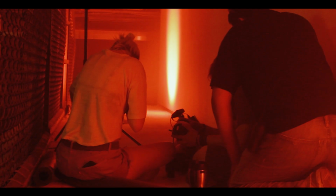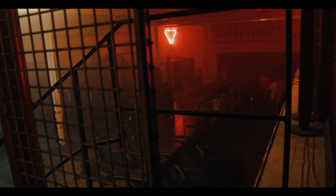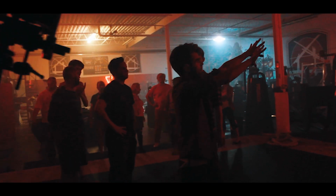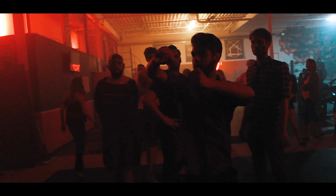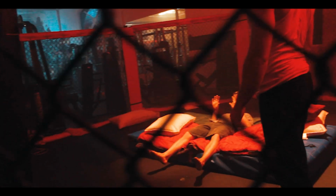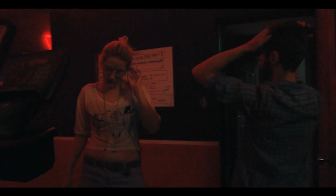Action! Another big problem of making this film was I worked with friends. And working with friends is actually, I think, a strong suit that I have now. At the time, I didn't understand how to work with people who were closest to me without ruining the friendship. And when you're working in a close personal space, working on a film is like working on